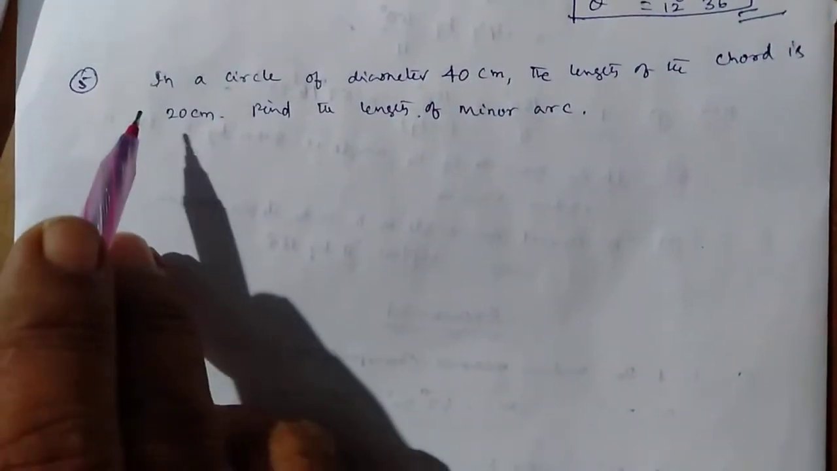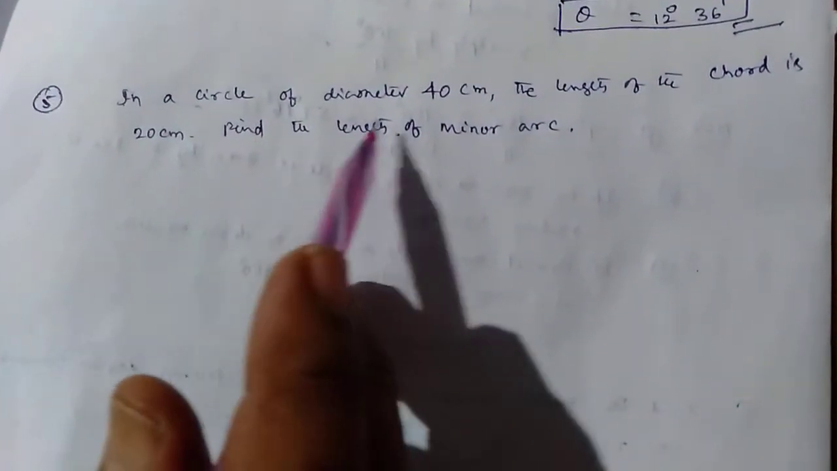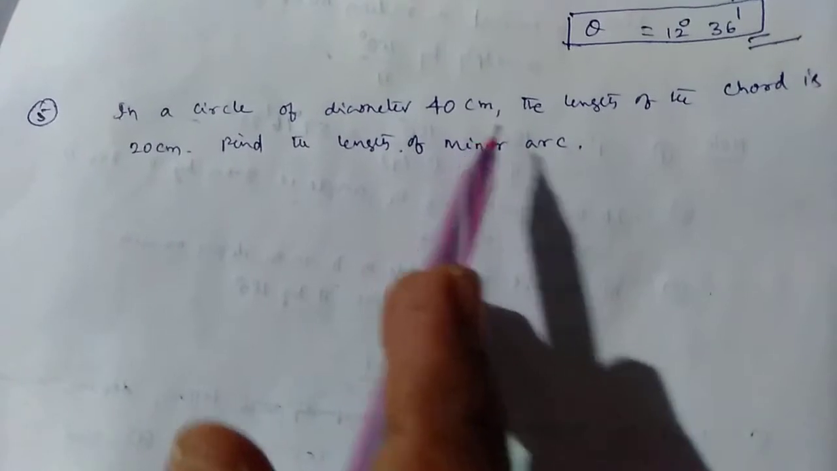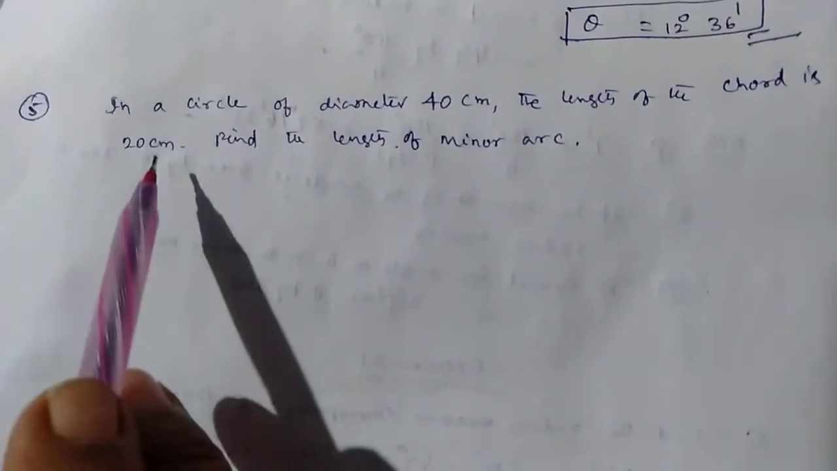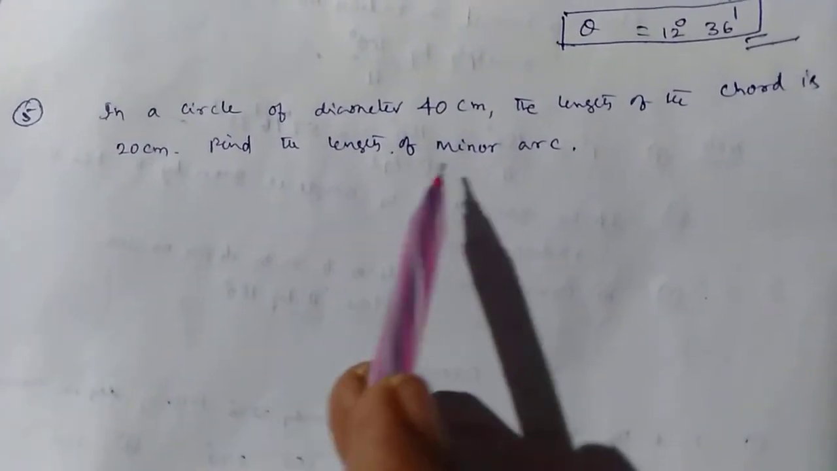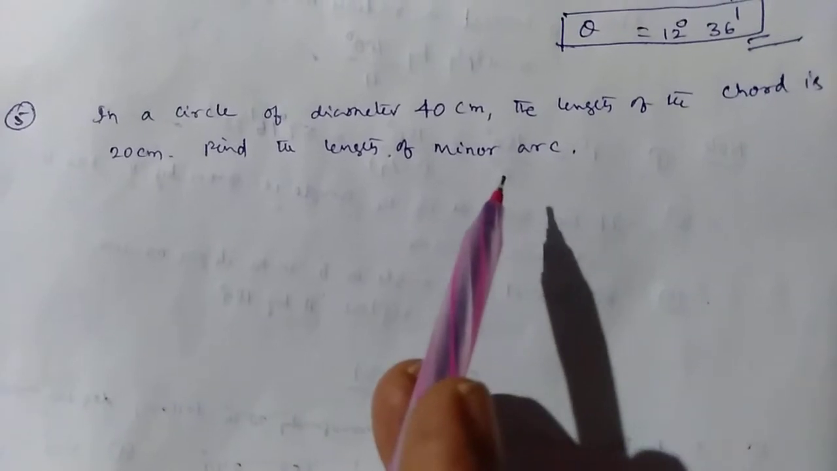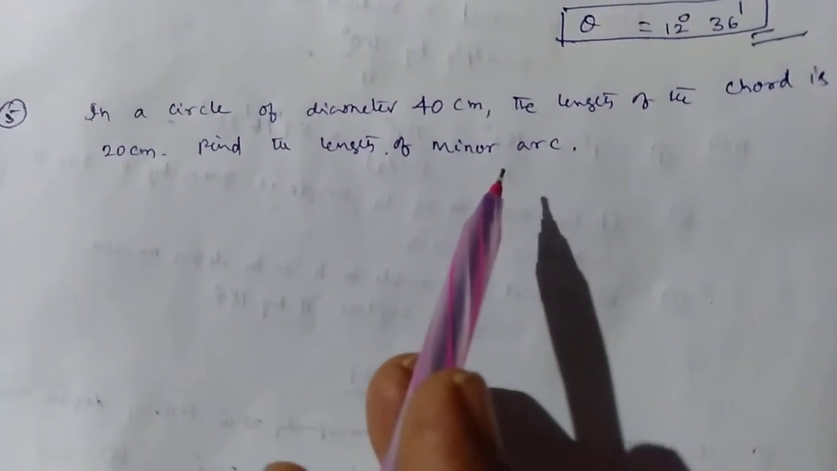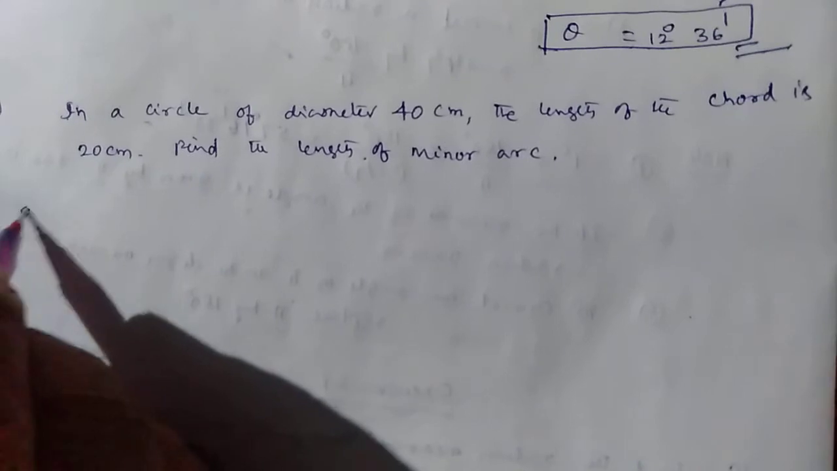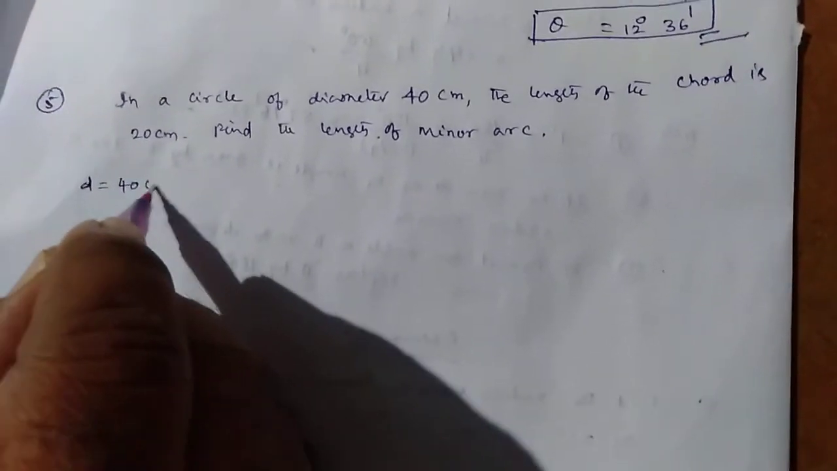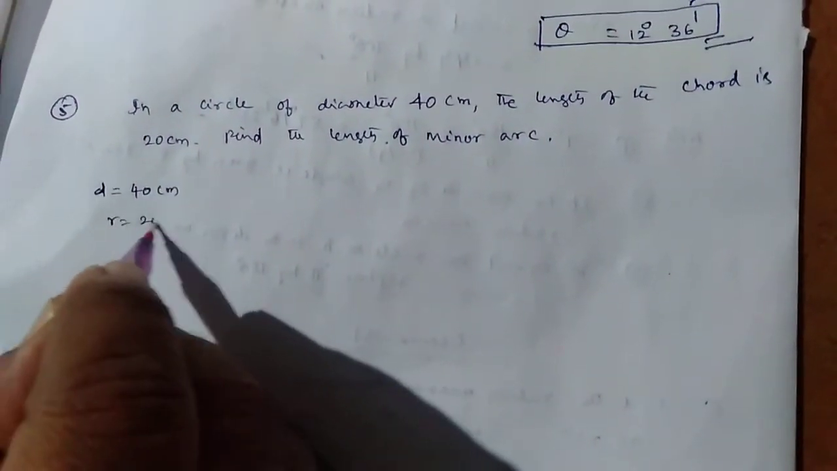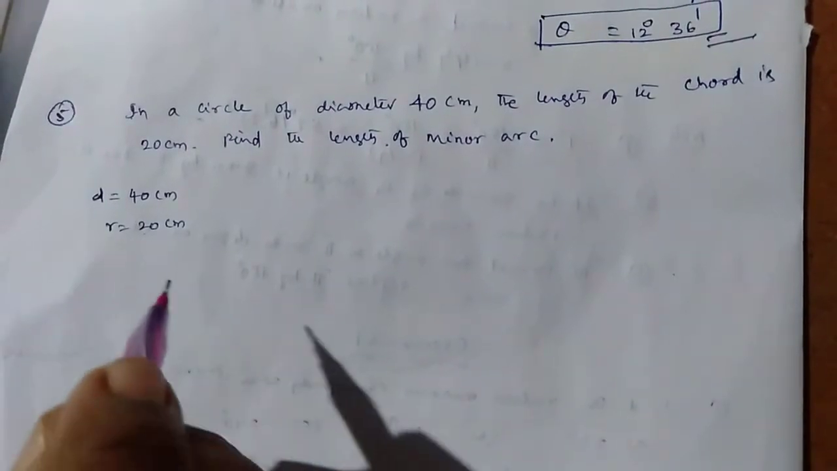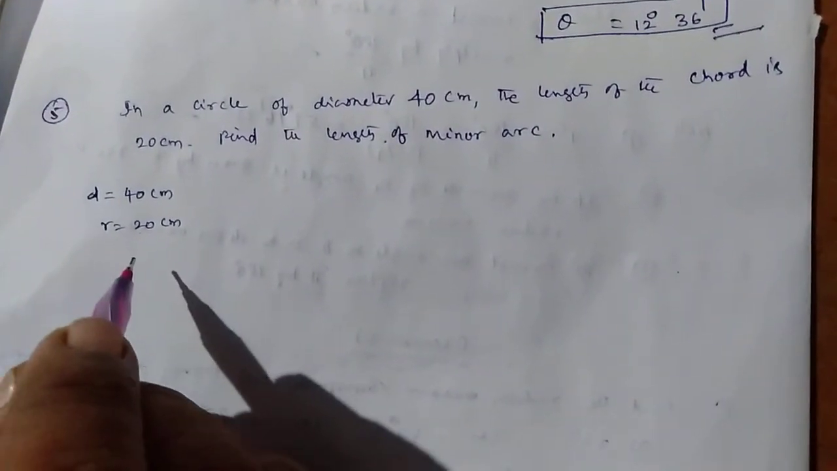Next, fifth problem. In a circle of diameter 40 centimeters, the length of the chord is 20 centimeters. Find the length of the minor arc. So I have to find the minor arc length. Given diameter is equal to 40 centimeters, that means radius is equal to 20 centimeters. And also given length of the chord